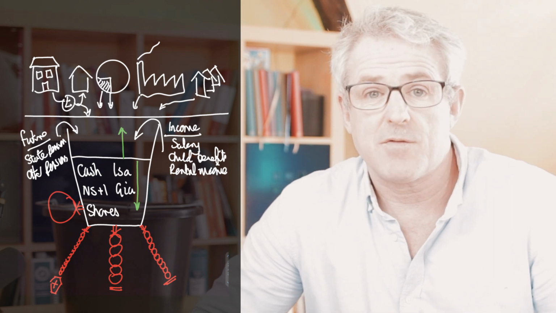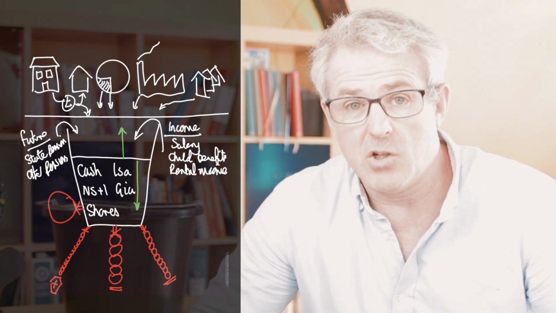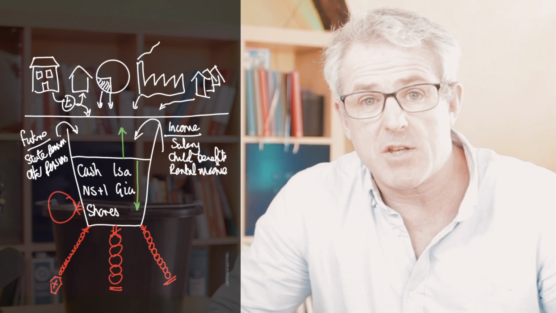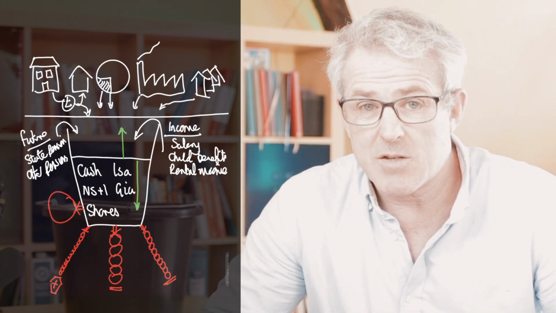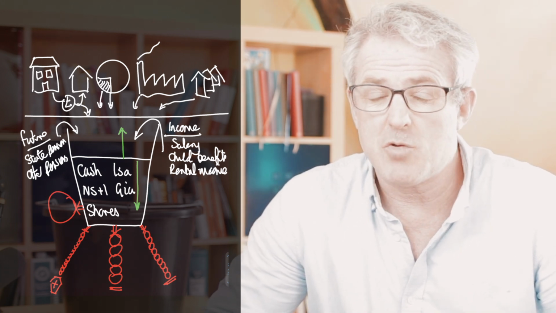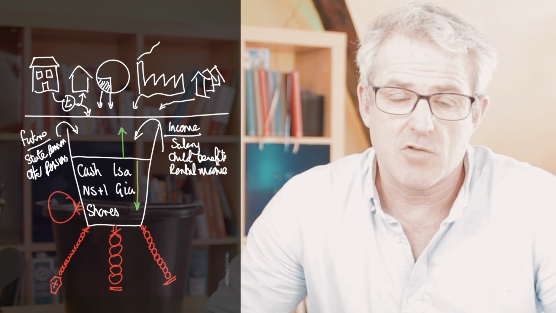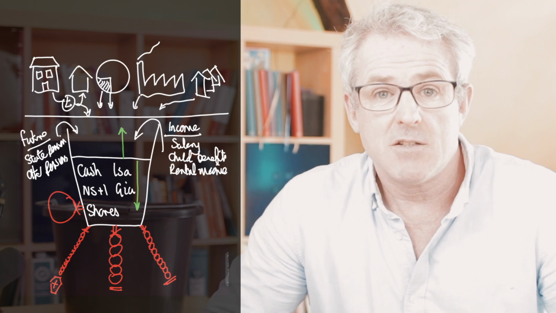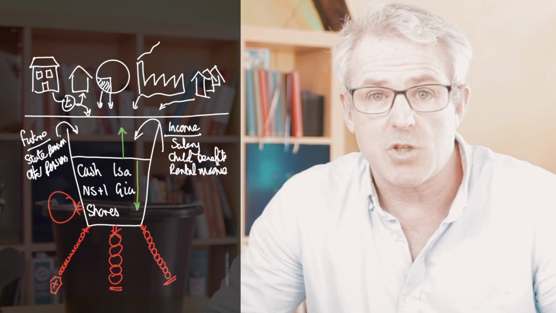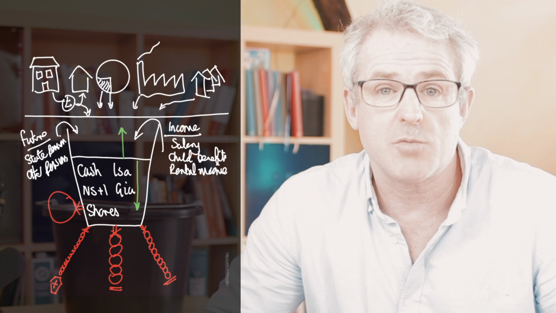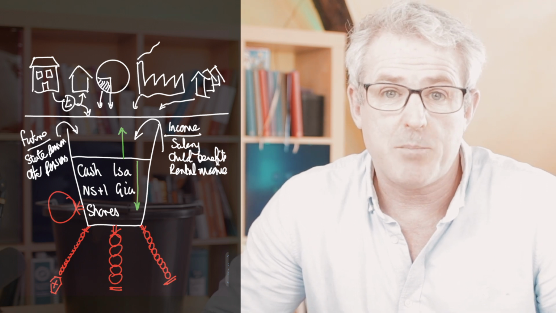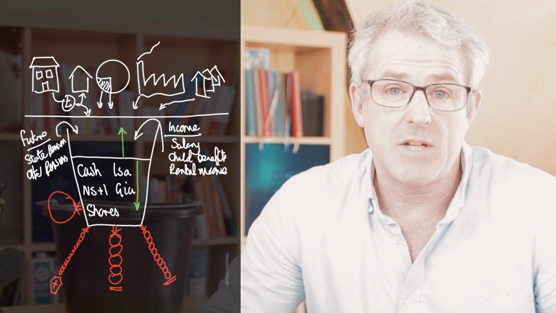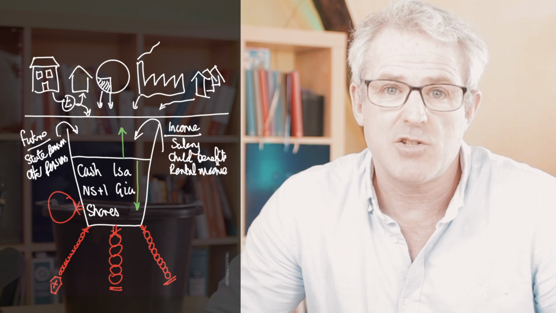And the challenge for financial planning is to look at what's going to happen to your bucket. Now, if your bucket is going to run dry, that's quite bad, because it means at some point in the future you're going to have to really cut down on your expenditure. And what that means in reality is you're going to have to reduce your standard of living. Your living standards that you've become accustomed to have to stop because you can no longer support them financially. And so you'll have to make big cuts to your finances going forward. And that can be difficult to do as you get older.